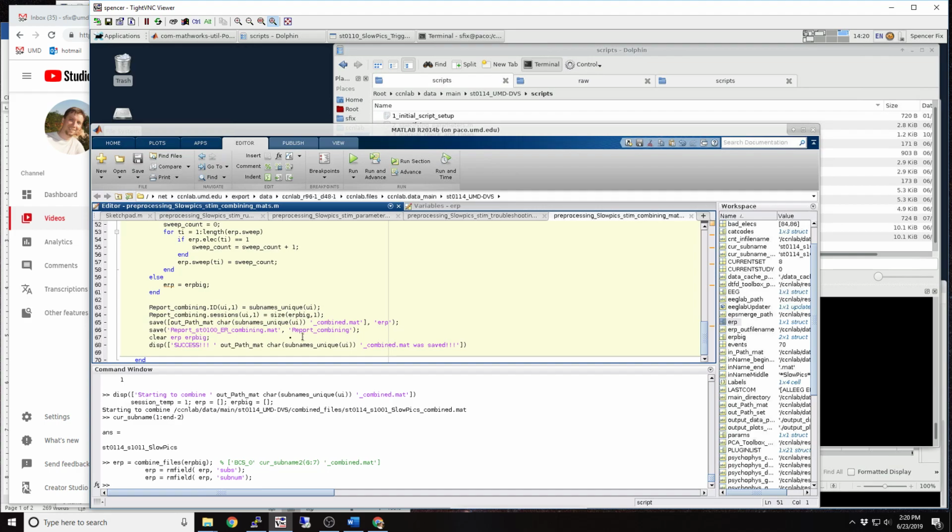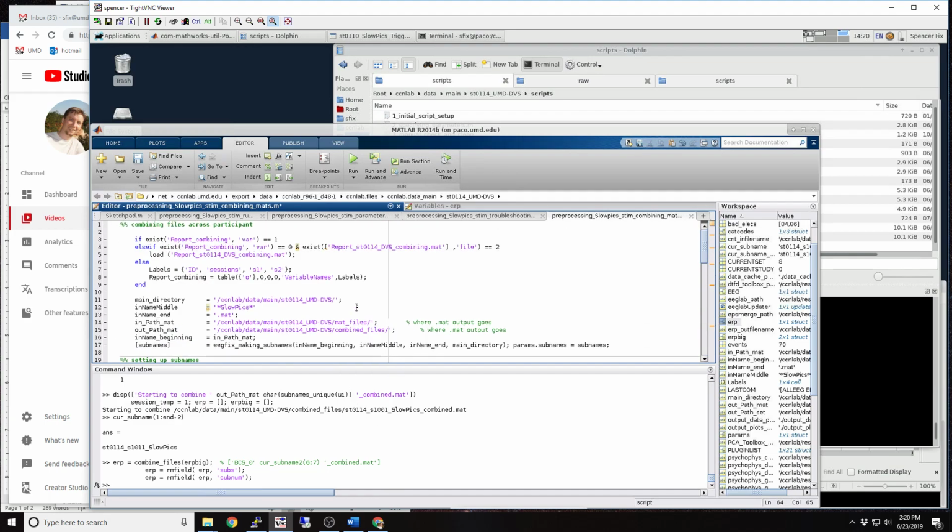And again, you might want to change exactly the naming convention of what you want it to be named as. But this is just going to name it as the unique subname. And again, I'll want to change this to be S. All right, so now when I run this whole script,